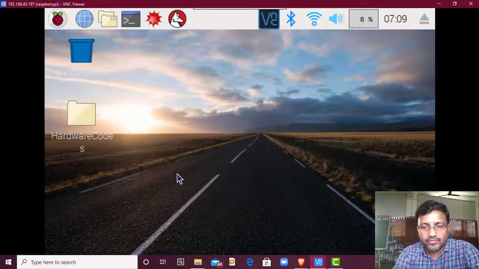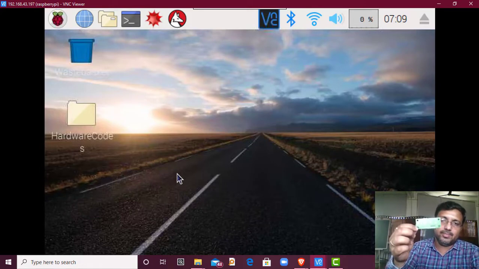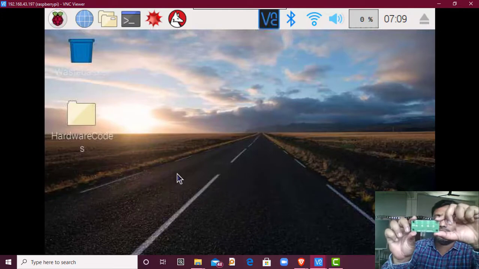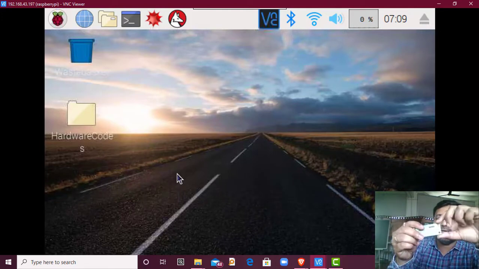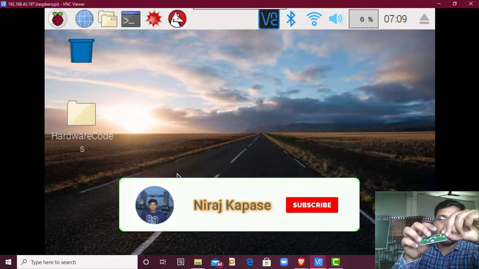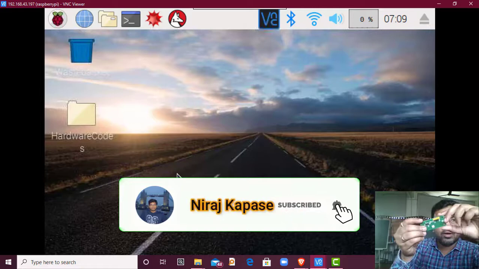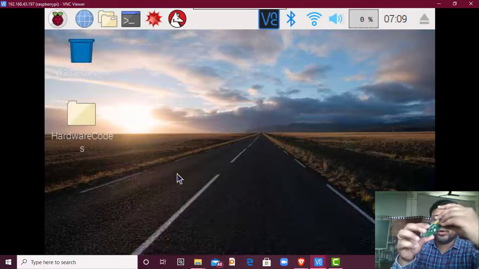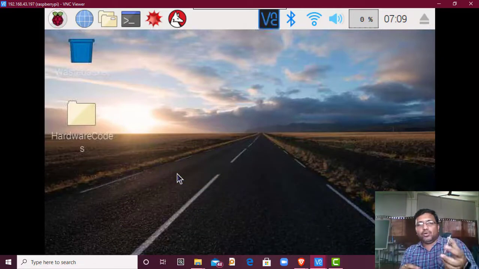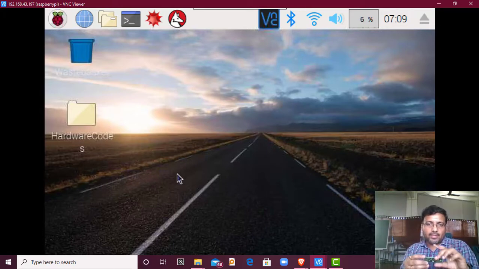So today we are going to see how we can interface this touch sensor with the Raspberry Pi. So here I have a touch switch. It has 4 switches, 1, 2, 3, 4, and on the back side these are the connections. So we need to connect plus VCC, ground, and S1, S2, S3, S4 with the Raspberry Pi, and we are going to connect this touch switch with the cloud as well. So we will see how we can update the data onto the cloud by connecting this touch switch with the Raspberry Pi.